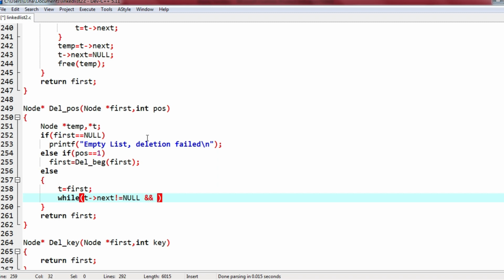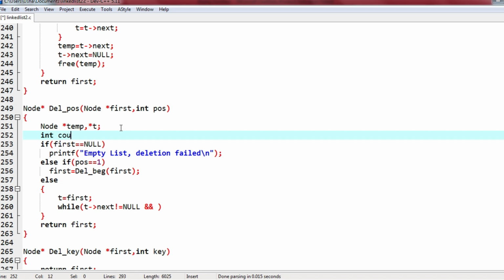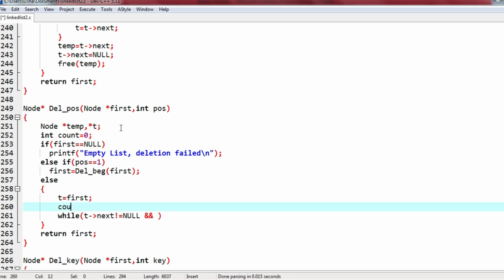I have to start counting here, so I will take int count equals to 0, also t equals first, and then count plus plus. So I am in the first element, while t next not equal to null.